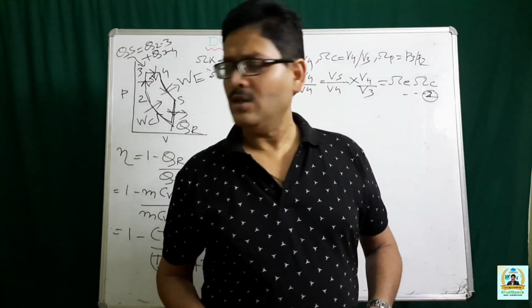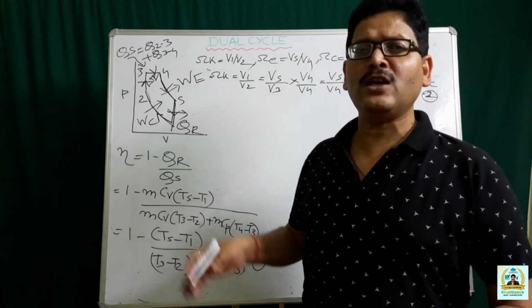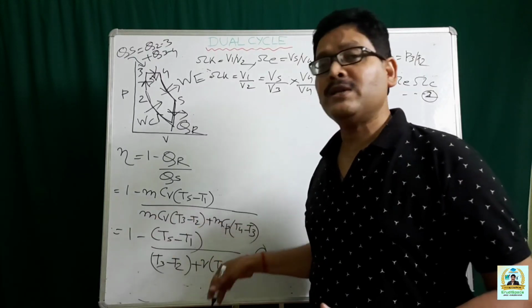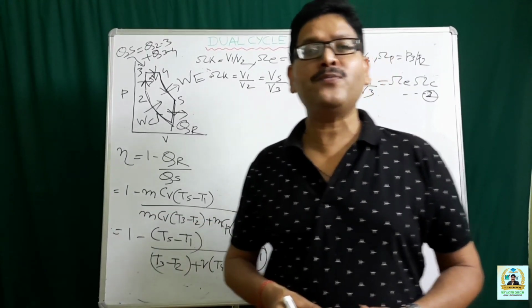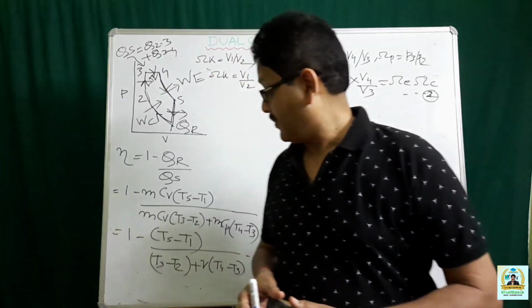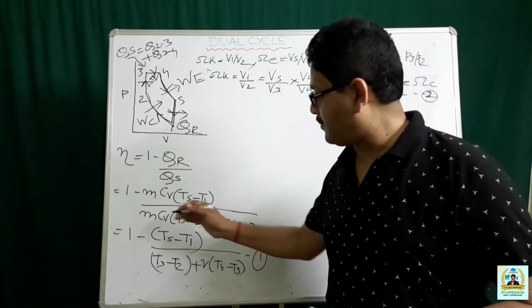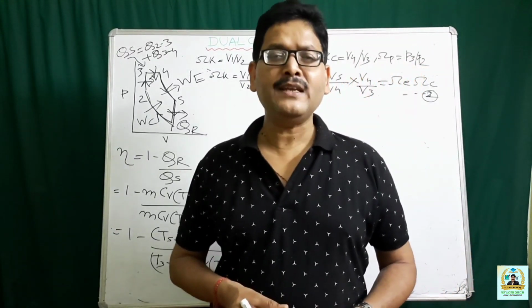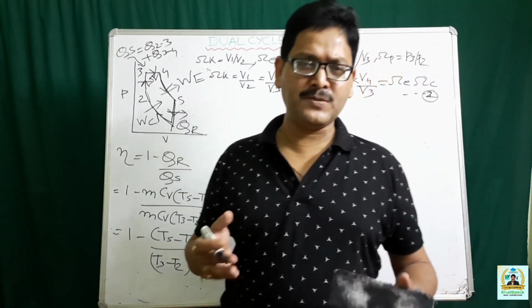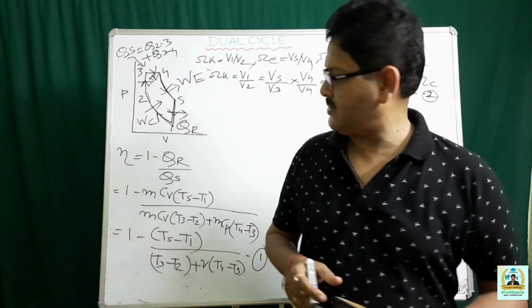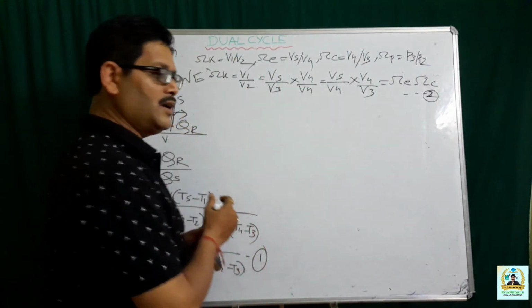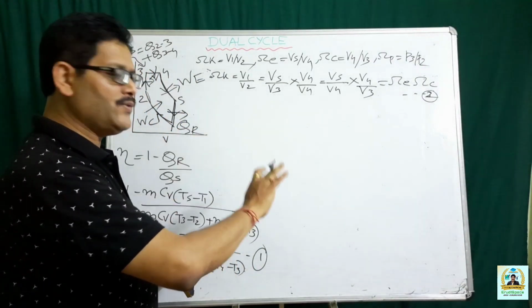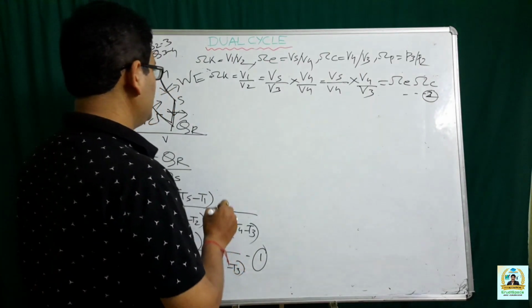Now, to express the efficiency in terms of different ratios, four of the temperatures are to be represented in form of another temperature, and it is observed that if the temperatures are represented in terms of T4, then the simplification of the expression is the easiest. So we will convert all the temperatures in terms of T4. So first,